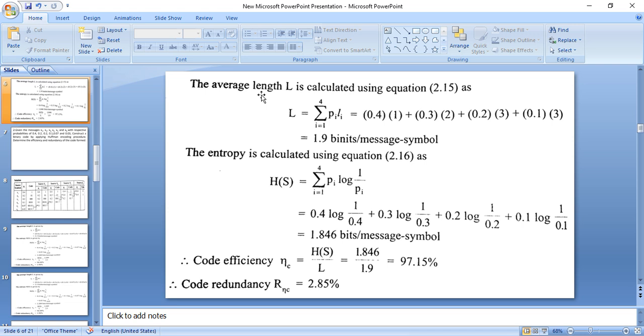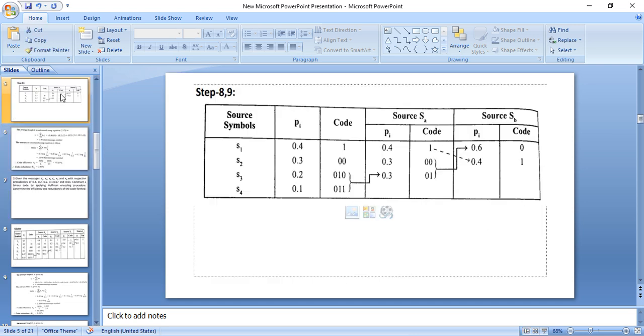Average length means the number of bits per symbol. Average length, the average number of bits per symbol, will be calculated by the formula summation i equal to 1 to 4 of pi times li, so probability multiplied by the length of the code. Here, the length of the code, as we can observe in the previous table,